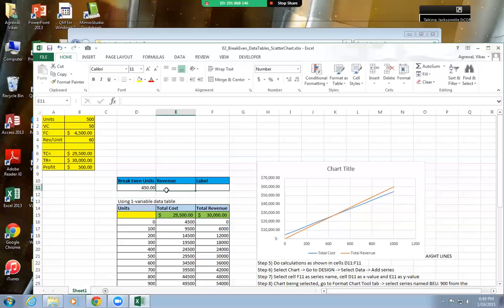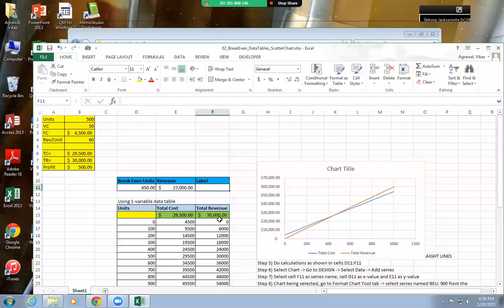Right? And the revenue for that break-even point, how do you calculate the revenue? Quantity times revenue per unit, right? So I know my revenue here, quantity here times revenue is 60. Are you guys with me? So that's gonna give you that one. And we should always format this to show the dollar symbol here, and this is just a number, so we don't need to worry about it.